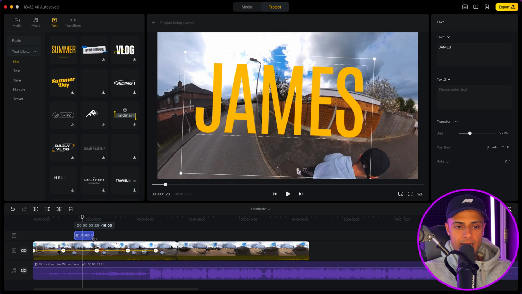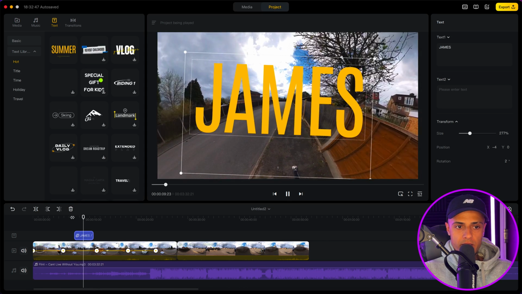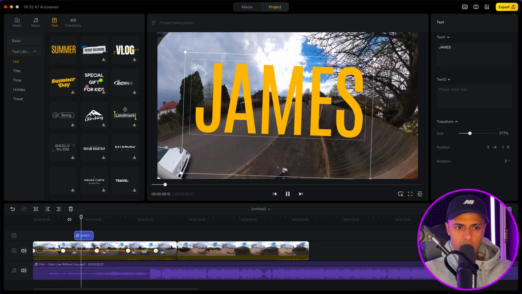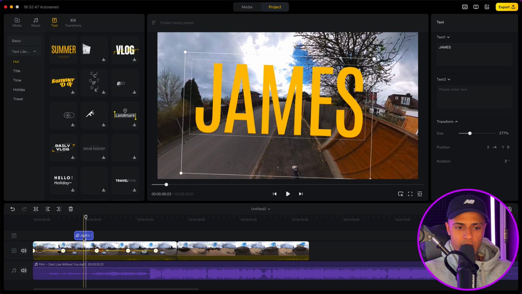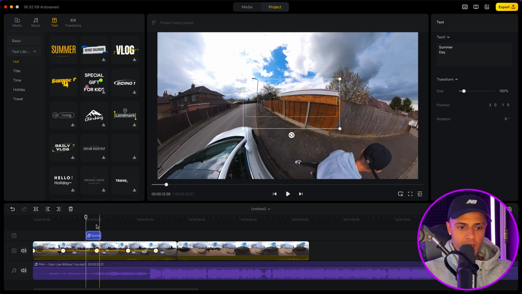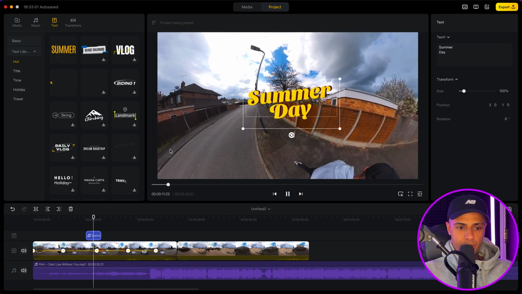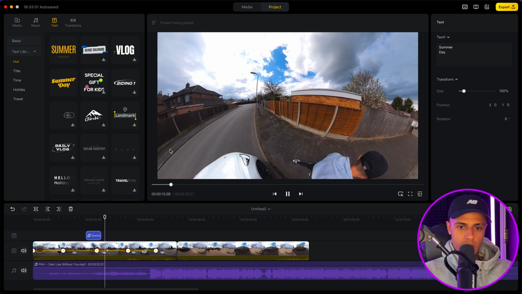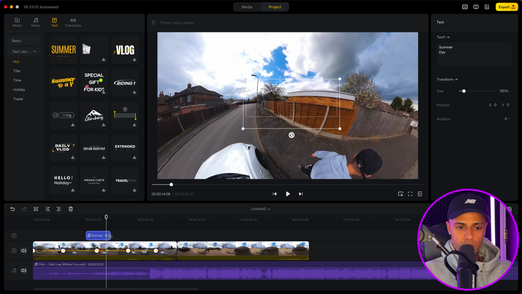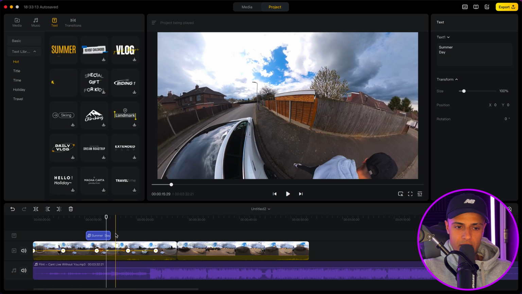This text has an animation to come in. So if we play it, oh no, this text doesn't, does it? No, this text doesn't have an animation to come in. The one underneath does. Let's send that down. So let me play this now. See that? But look, it just disappears. So there's no animation for it to exit, which is a little bit annoying. It just disappears. It would be good if you could have an animation for it to animate out, but